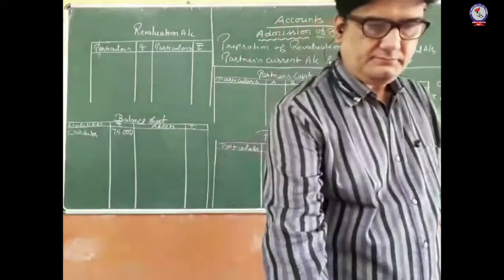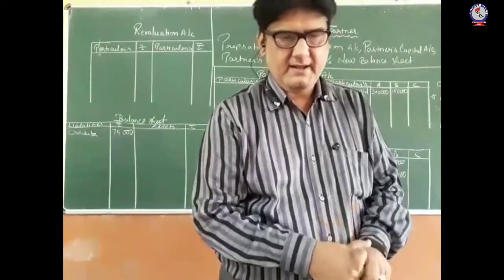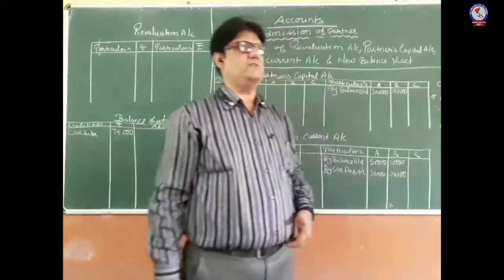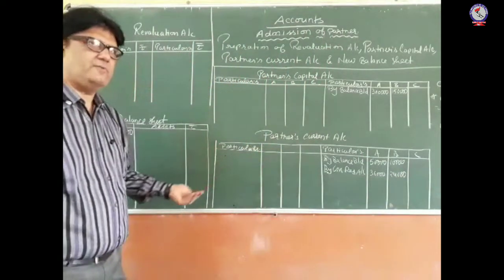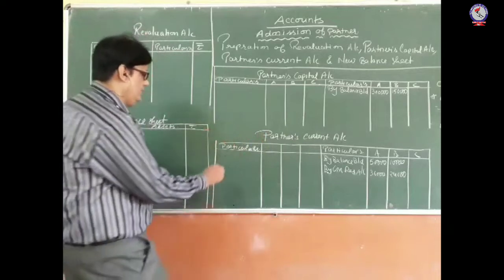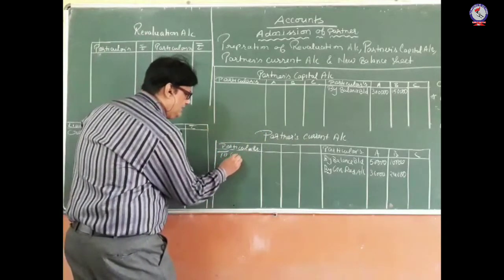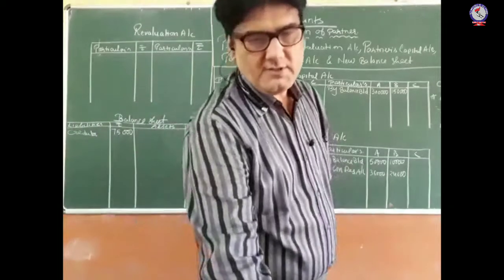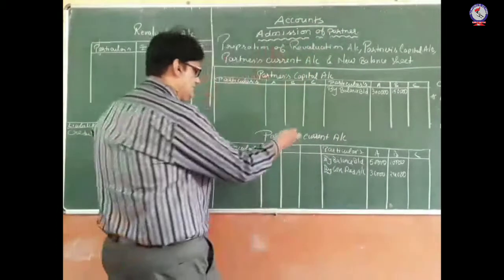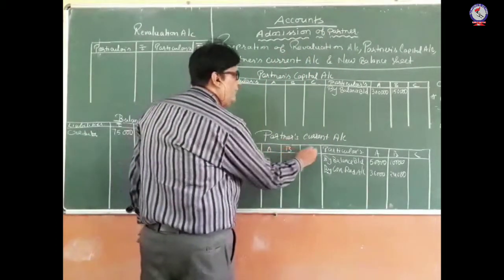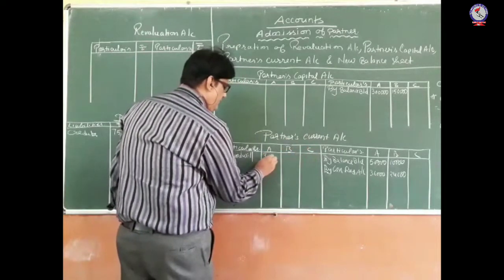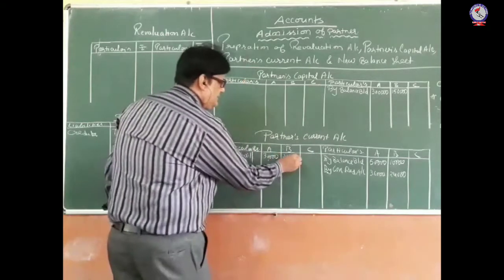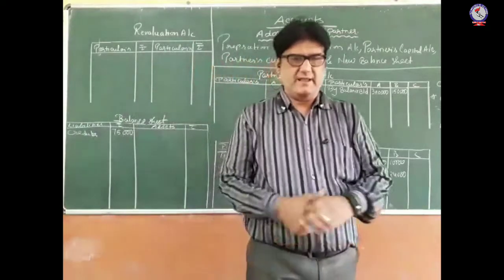Now on the asset side there is cash at bank. There is stock, investment and goodwill. Goodwill is one of the amounts which you have to write off, by debiting the partners' current accounts. Because it is the existing goodwill in the books of the firm, the value of goodwill was 50,000. So 50,000 in the ratio 3:2 will be 30,000 for A and 20,000 will go to B. So this is the distribution of the existing goodwill.